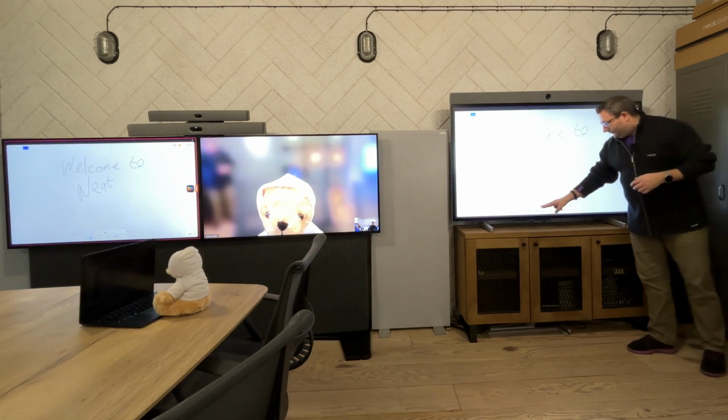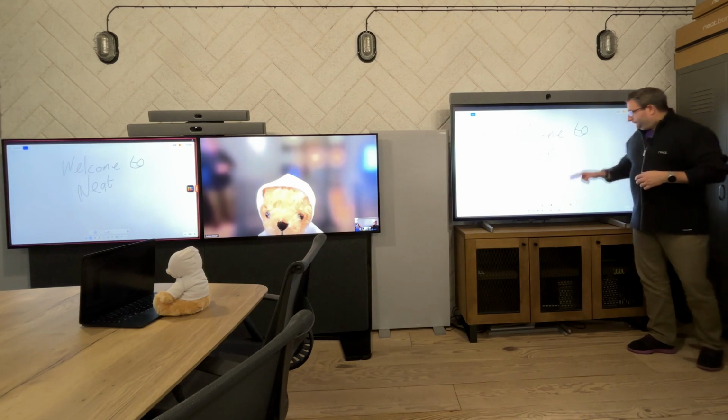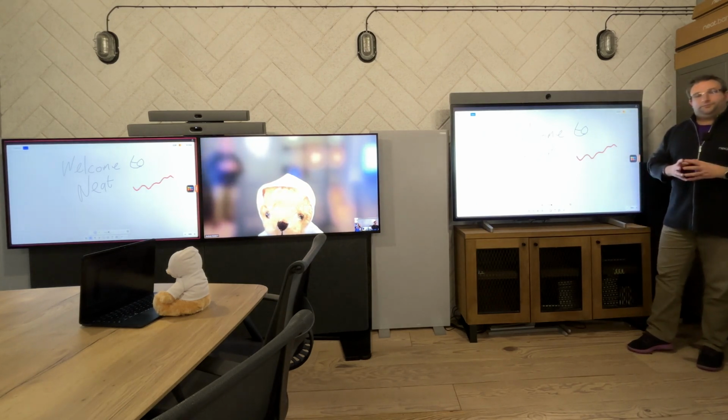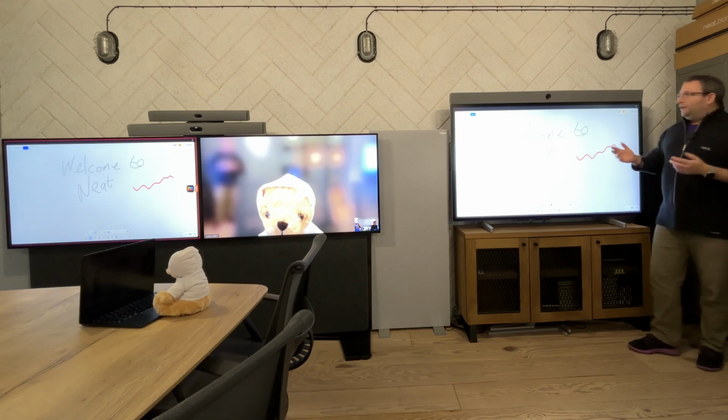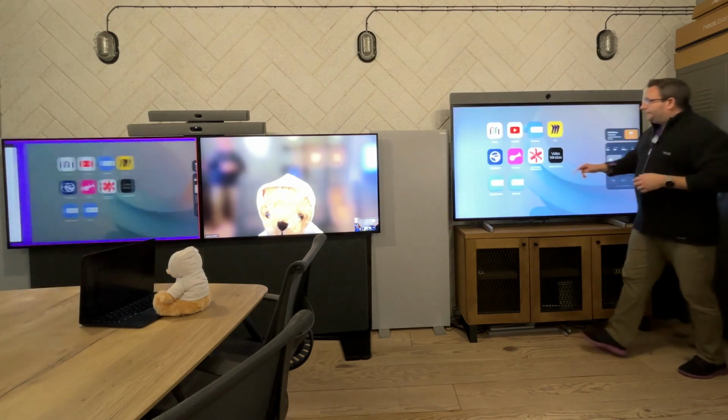So this is the scenario where I'm going to have two Neat devices in the room, one dedicated to collaboration, typically whiteboard, might be custom apps, could be anything, and the Microsoft Teams room, and they're all working nicely together. Correct. The only caveat is,